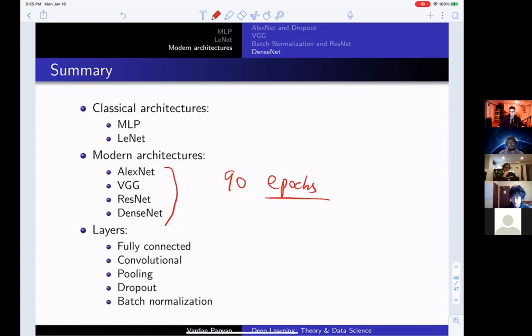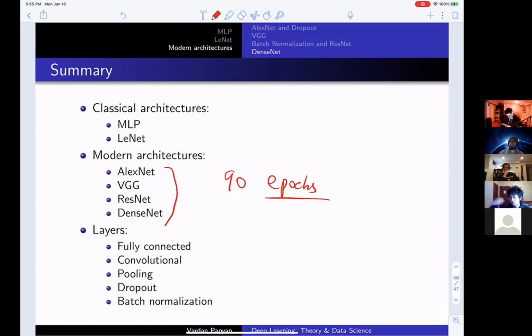The second thing is they used the ReLU. I think that was one of the big things that allowed them to do the optimization efficiently. And I think the GPU factor was the thing that really